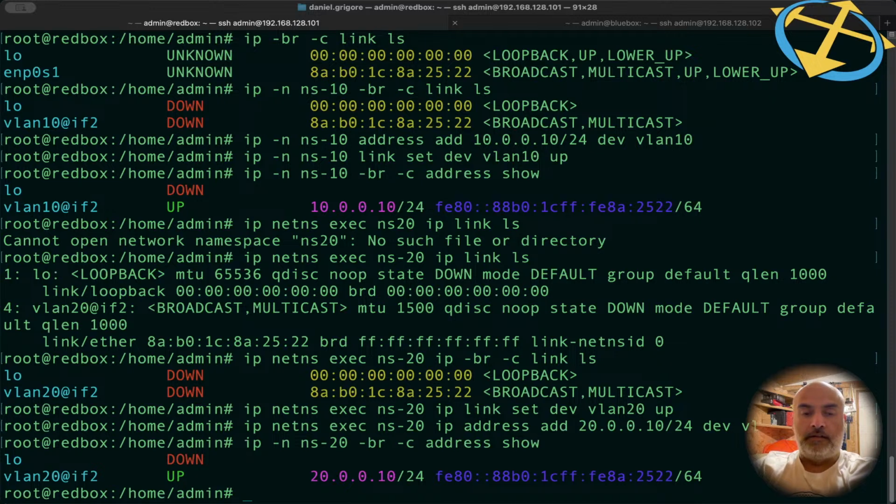I will assign an address, add 10.0.0.1. This will function as the default gateway for this network. /24 device Vlan 10. So I think we are good to have our first connectivity test. Let me put myself inside of this. I will start a shell inside of this namespace, so I can issue a ping and